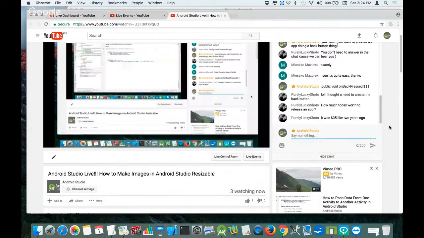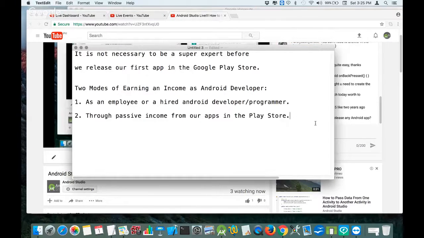So we have a question here. How much does it cost to release an app? It was $35 like 2 years ago. I'm not really sure what you mean by that. So let's answer that question. To release an app,